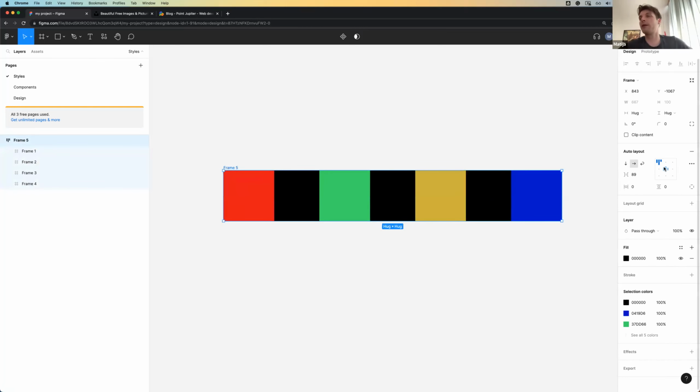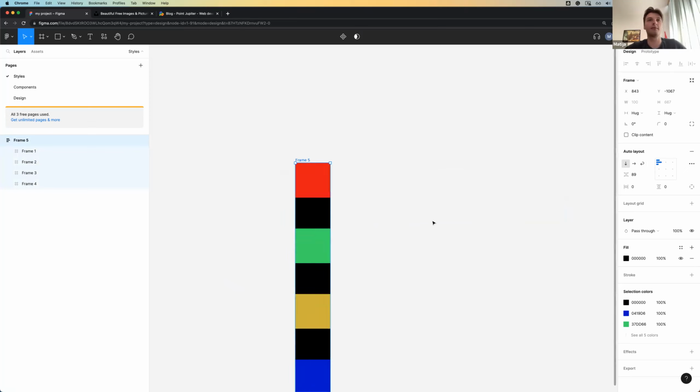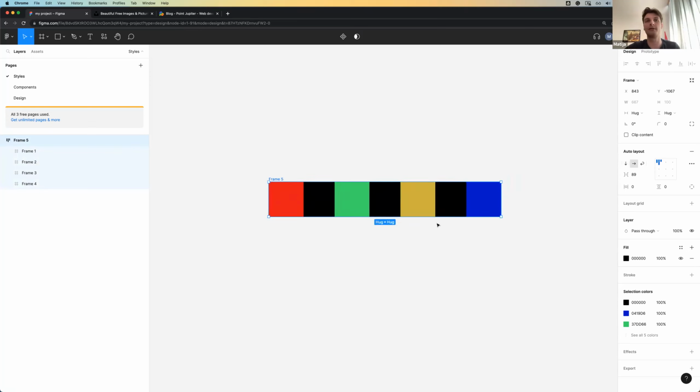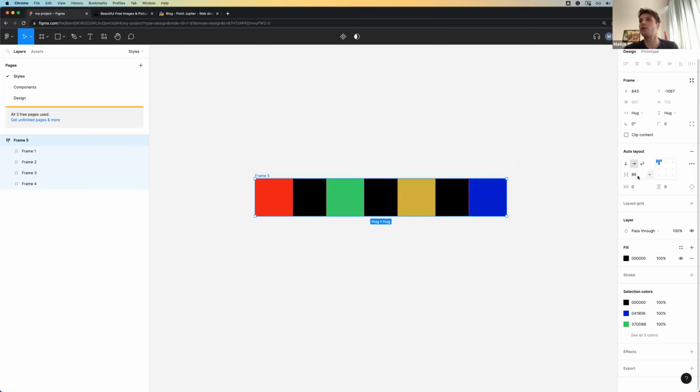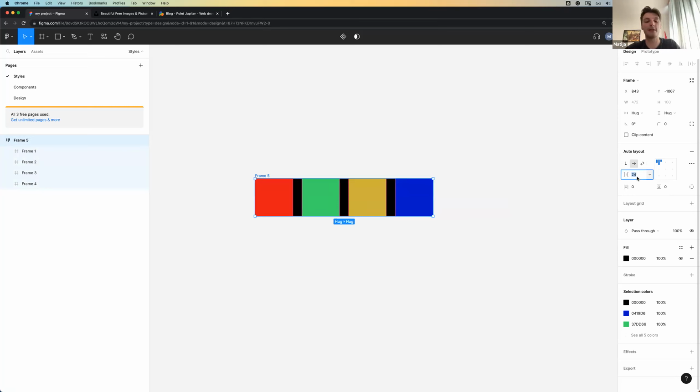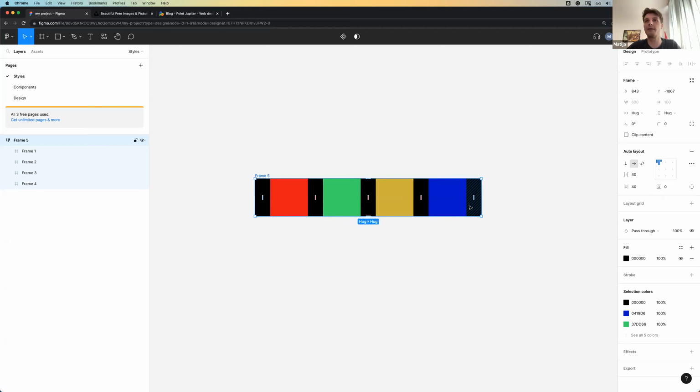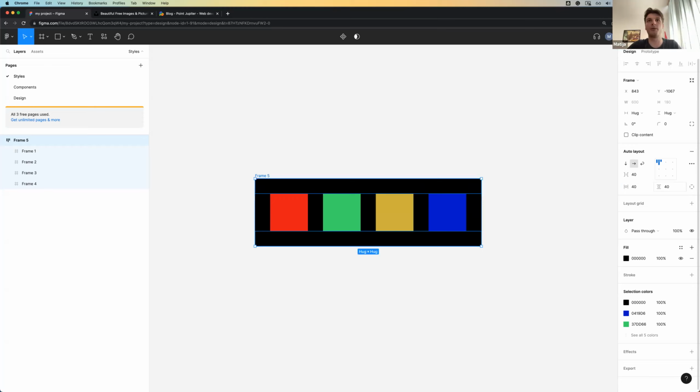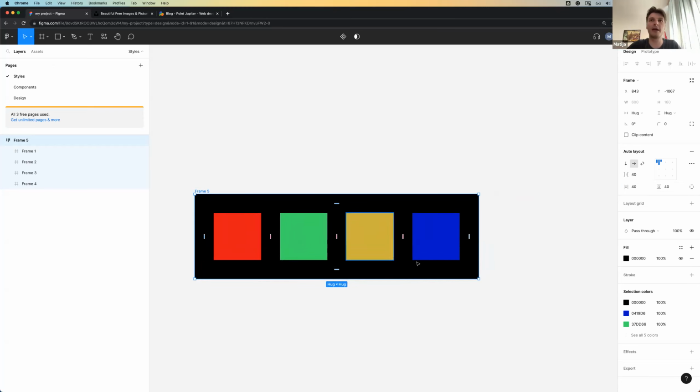So what can we do with auto layout except the basically direction of the elements? You can change the spacing between elements. You can change the padding on left and right and top and bottom. So if I write here 40, it will give the padding on left and right of the frame. Let's say 40 on top and bottom. And now we have this padding around